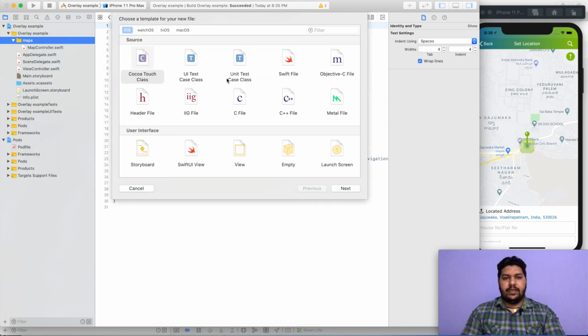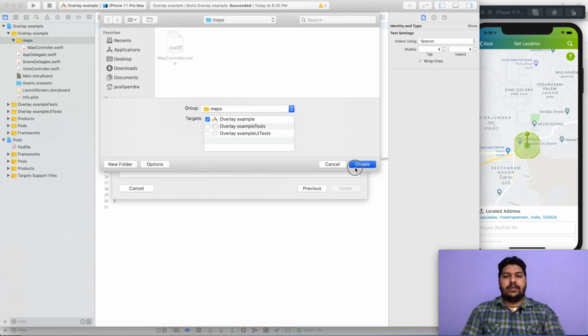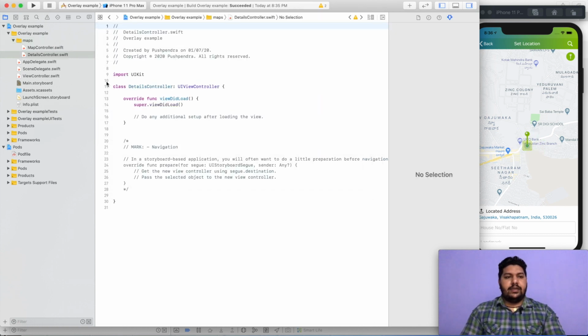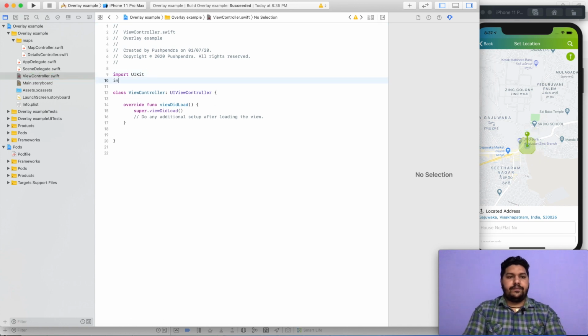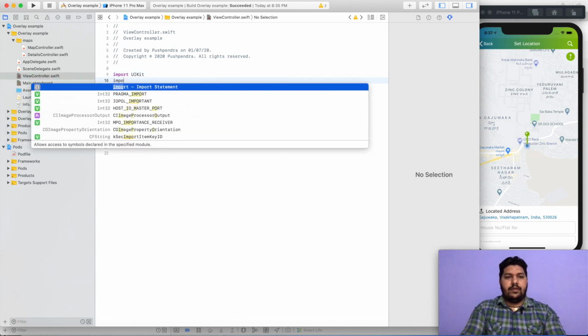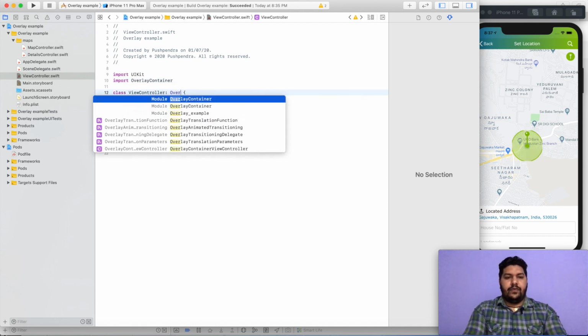New file, click on Cocoa Touch, next, and this is called details. Now click on next, create, done, and from here import overlay container.